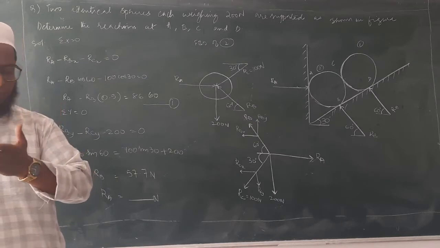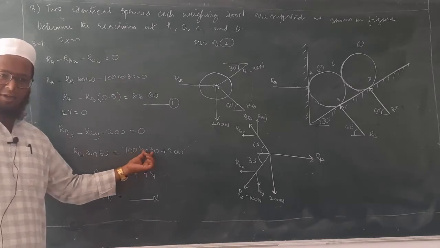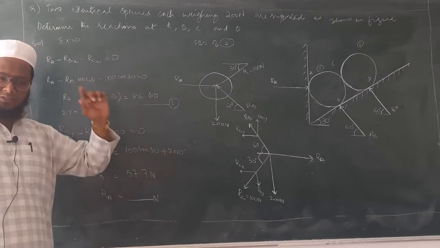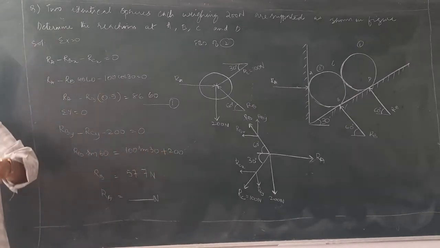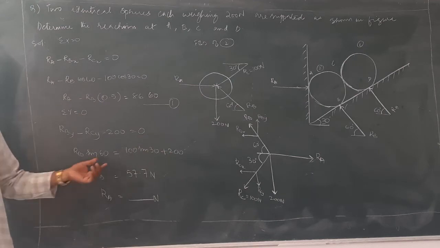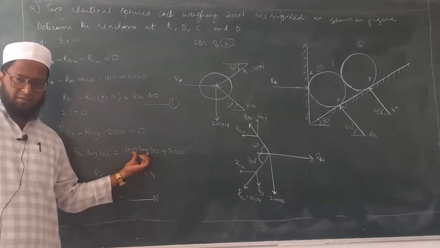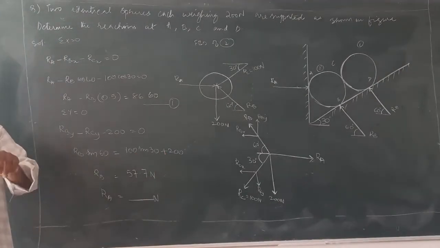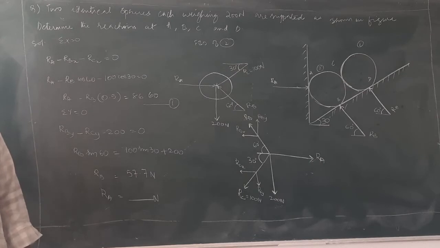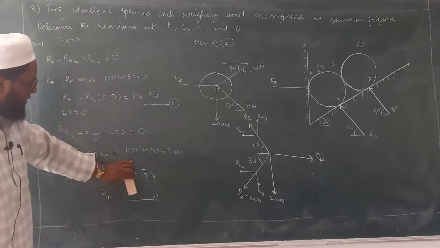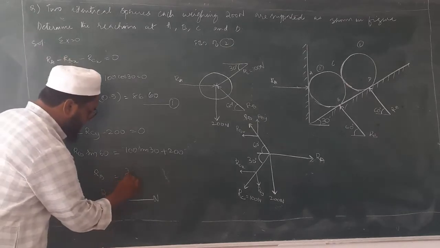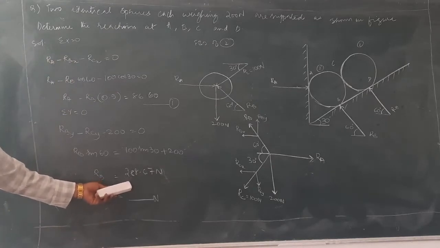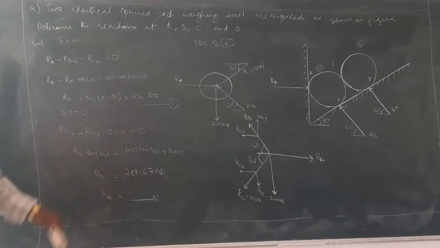See, first what you are doing, you are multiplying here 100 in one step. You are writing 100 into sine 60 plus 200. The calculator will take it in a different fashion. So first calculate this one, then answer plus 200, then again divide by sine 60. Separately you have to do, otherwise use brackets. 288.67. How much? 288. Yes. 288.67 newtons. Now substitute this 288.67 in equation number 1.